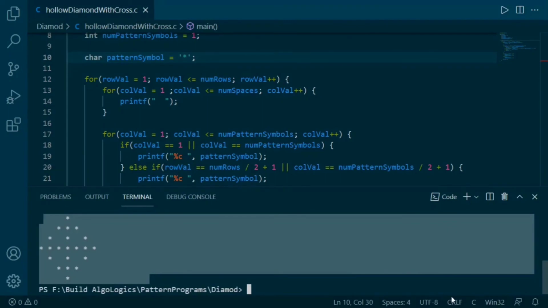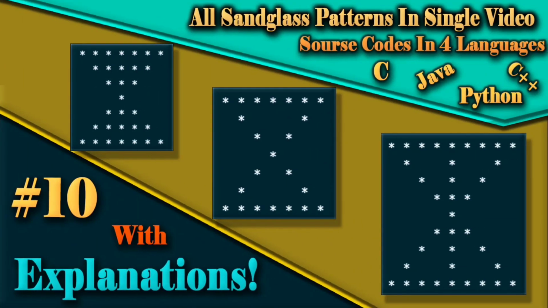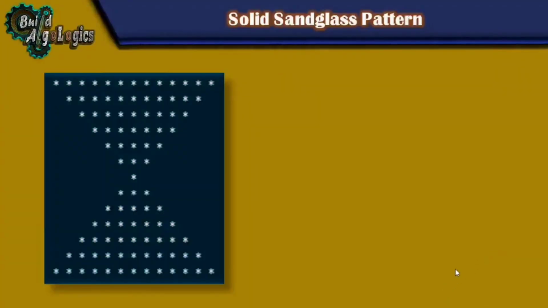Thanks for the patience. Today in this tutorial we are going to learn how to print this sandglass pattern and its alternatives. So let's get started. First we'll write our code to print this solid pattern. As I showed you two solutions in our previous video, in which we wrote code for the diamond pattern, here also I'll provide you two possible solutions. Then in upcoming videos we'll discuss some more alternative ways to write code for printing this sandglass pattern. So let's see our first solution.